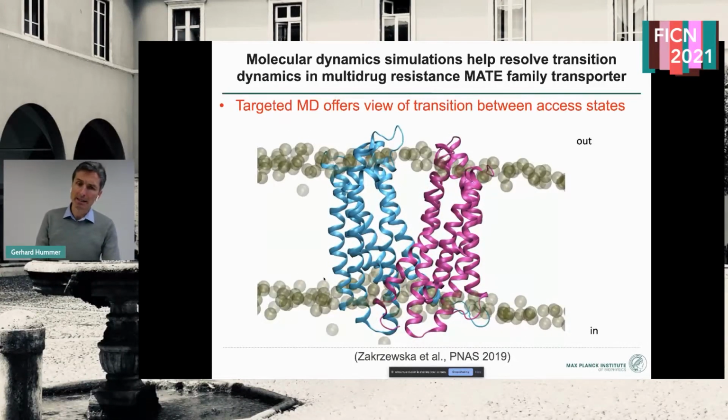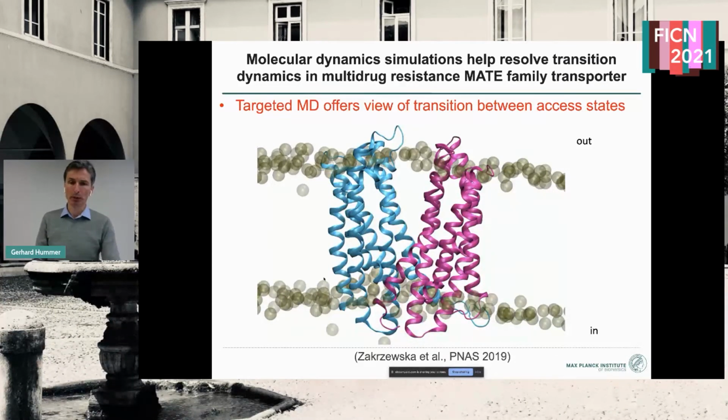And in essence, despite the overall very dramatic change, at the local level, changes are actually quite modest. It's the formation of new contacts and the breaking of old contacts, and a transition through an effectively occluded or sealed structure that ensures an intact membrane